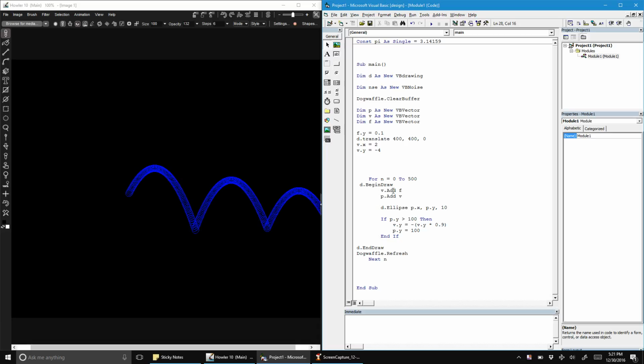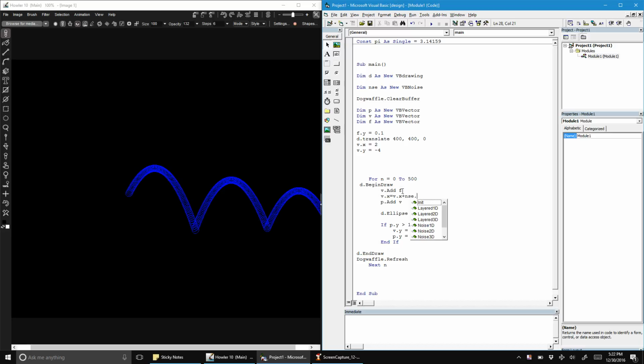We're taking the vector, we're adding the force. Let's take the vector and add the noise. So how will we do this? We won't add it. Let's just do it on one axis. Let's add it on the x-axis. So let's do vector x equals v dot x plus